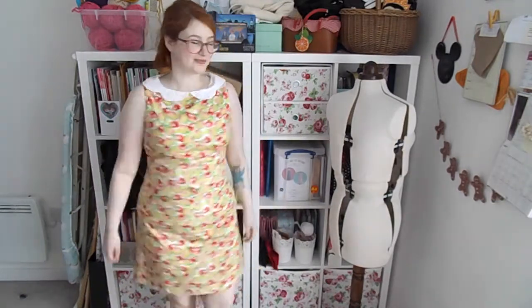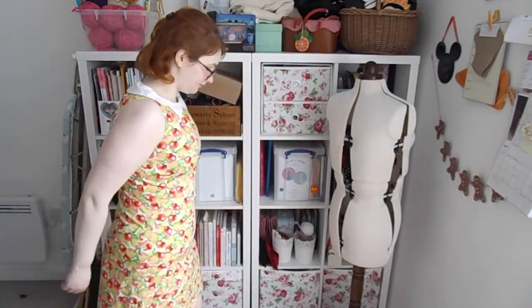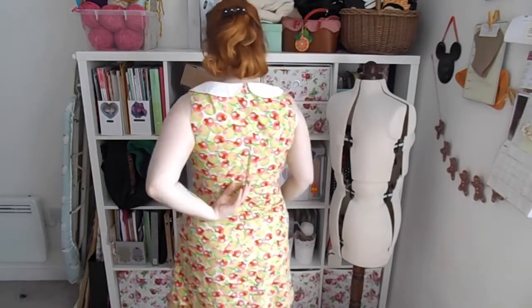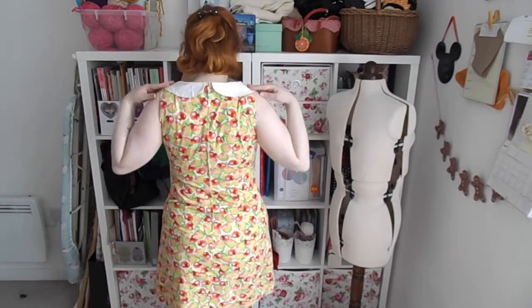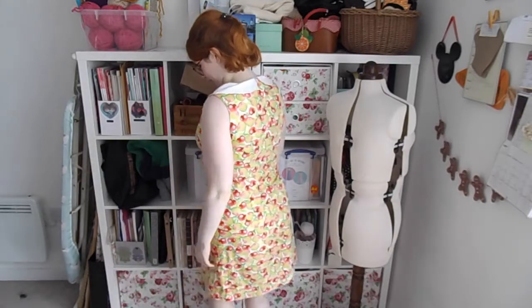back with a button. The next thing I made was this apple print Simplicity 1609, a 1960s Jiffy reproduction pattern. When I first made it, it fit really well, but now it's slightly too tight due to the aforementioned weight gain. I expected the skirt to be more A-line than this, to be honest, so in future I think I'll reshape the skirt before cutting out. I made it from leftover fabric from the matching apple two-piece I made in 2017, and it fastens with a